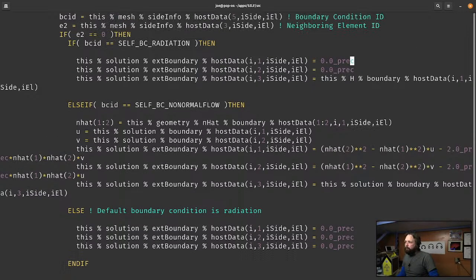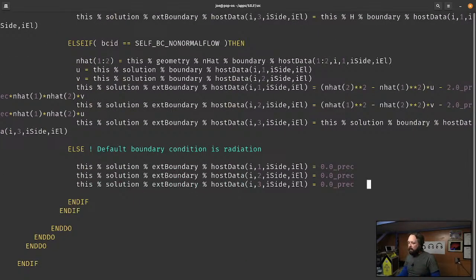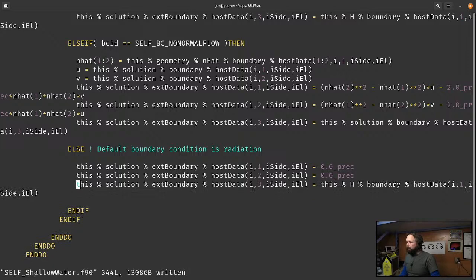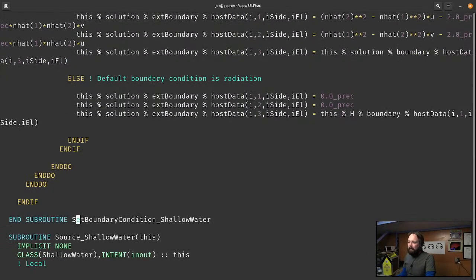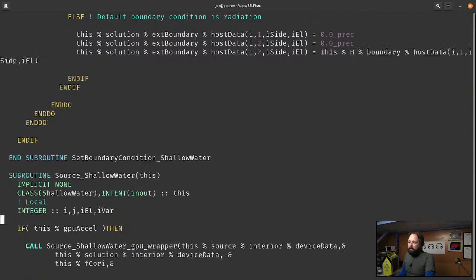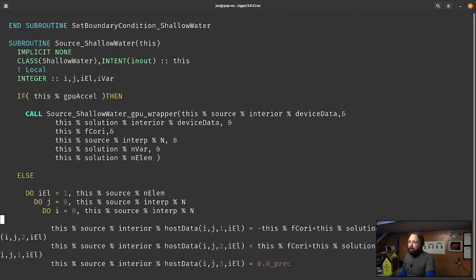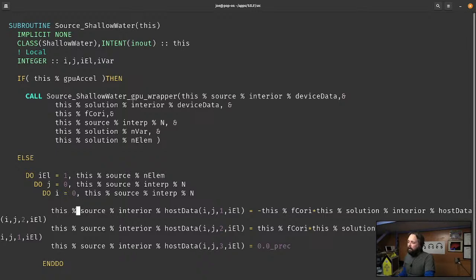boundary condition, which will default to radiation in case someone doesn't provide a boundary condition flag. So it'll just get energy out of our system, which is a stable thing to do. So that's the boundary condition. So let's do the source term next. We're going to do the CPU side, and then once we finish defining the CPU side, we'll do the GPU